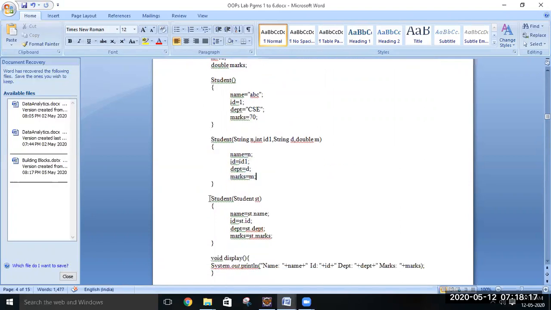Next we see a third constructor which takes a single, special parameter: the object of the class, Student st. St is a reference variable of type Student.